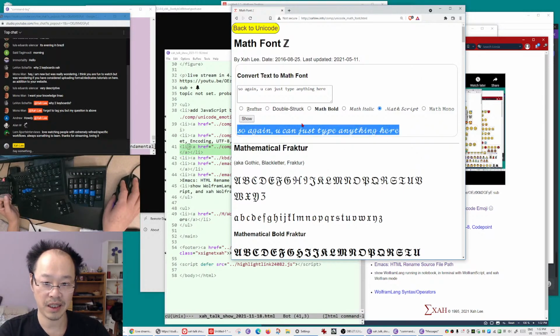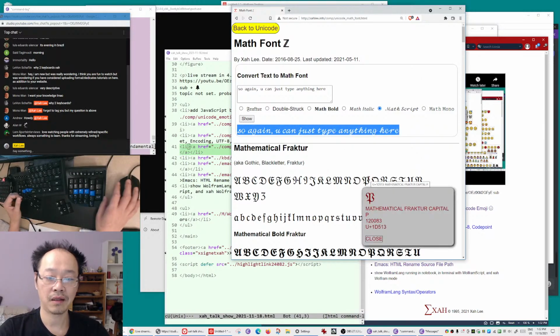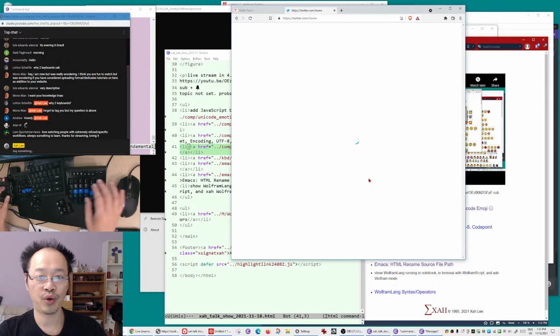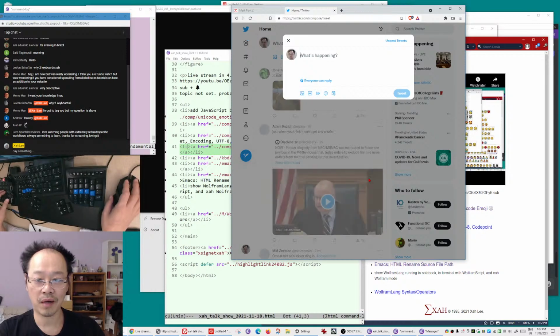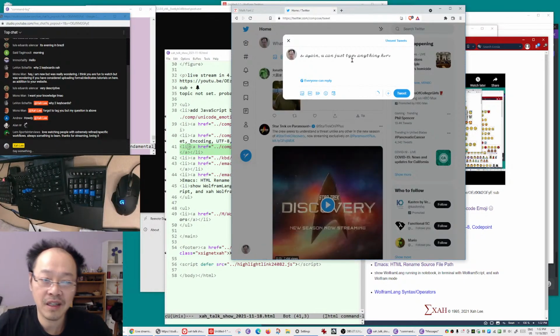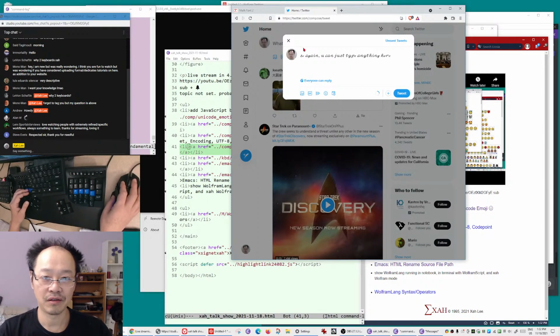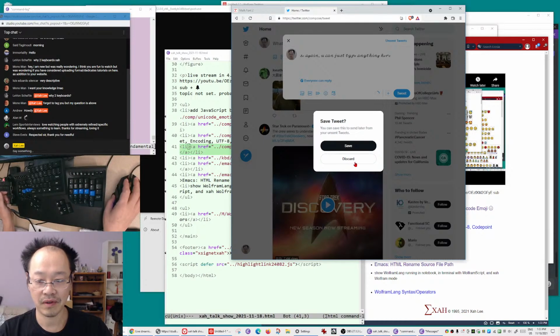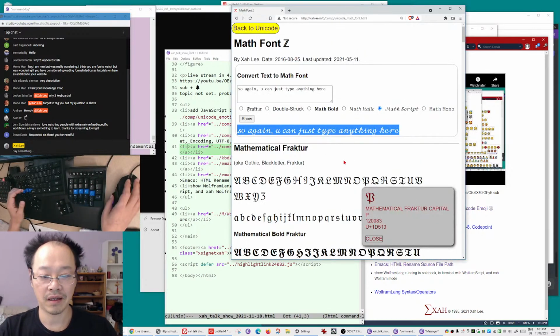So you can copy this, go to Twitter, the drama stuff, and paste it there. You can see that's how you do that without changing font and stuff. Okay, close that. Do I want to save? Yeah, stupid Twitter. Close that. Okay, so that's math font